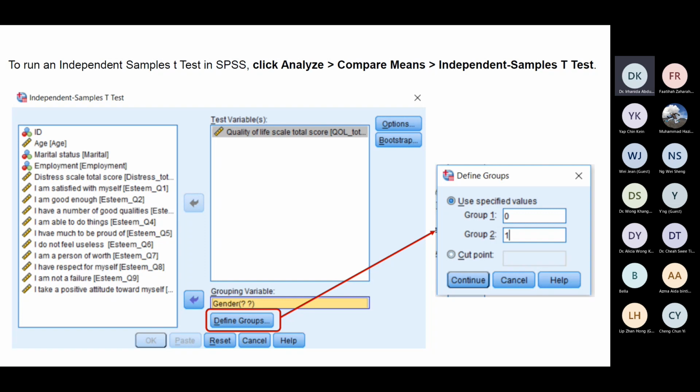Here, we want to see the comparison of means between male and female in terms of quality of life. So we move quality of life to the test variable.